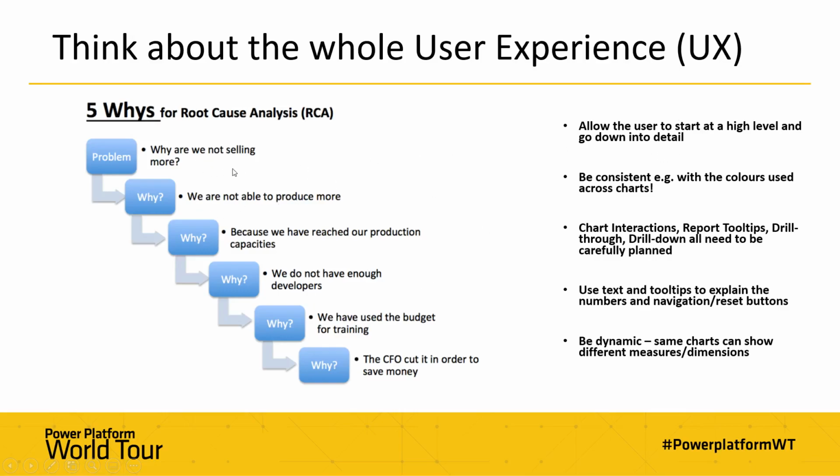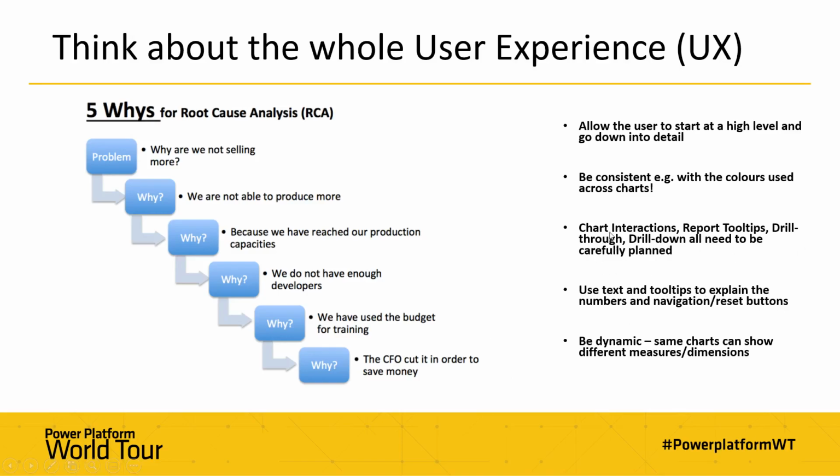So if we're not selling more, then we can show a breakdown by region or by store and see which stores, which regions are contributing to that change, and again providing context for that. We can then look at an individual store, look at their employees, look at their products range, see if there's particular products that weren't selling well or particular employees that weren't selling enough, and then we can go in and kind of drill down whether it's particular employee performance, whether it's particular product performance, and what the reasons for that might be. And there's all sorts of things we can do to kind of aid this user journey.